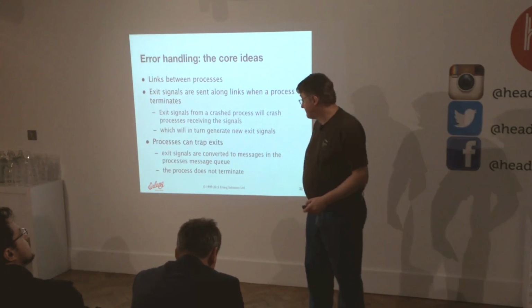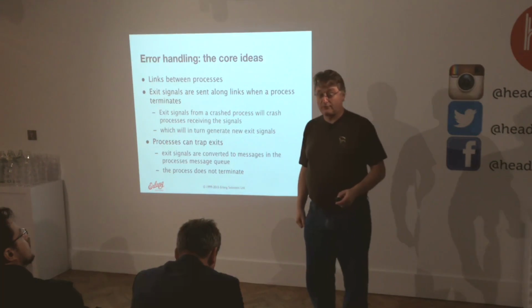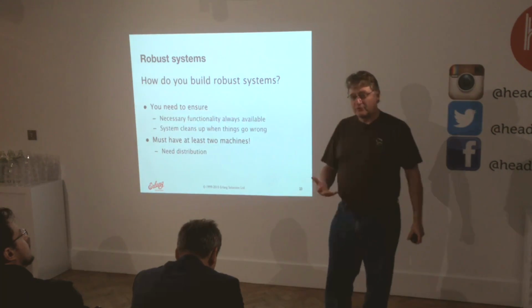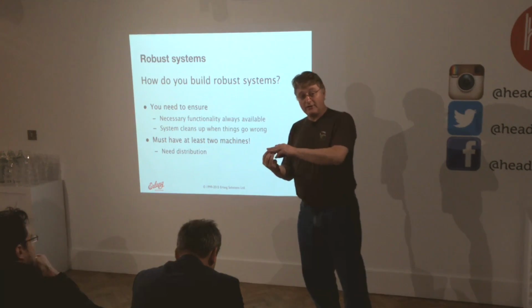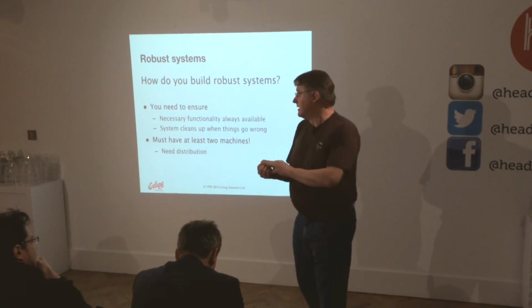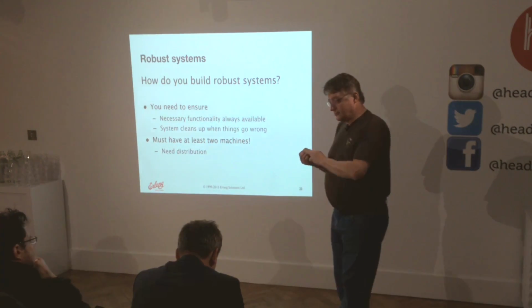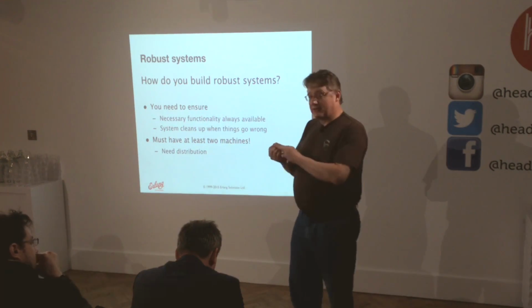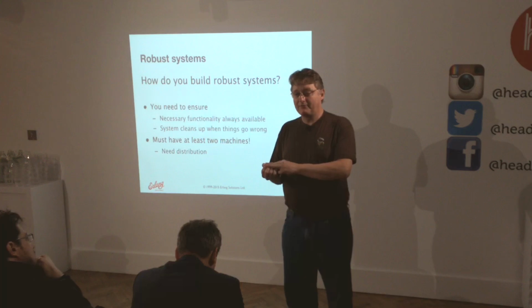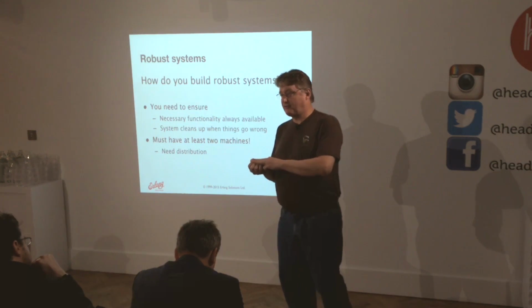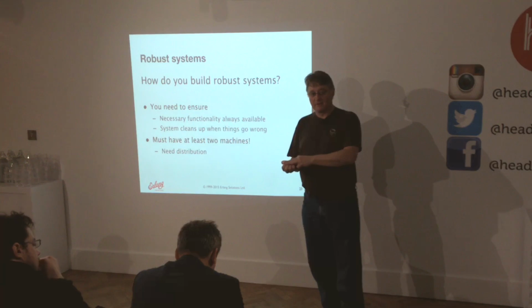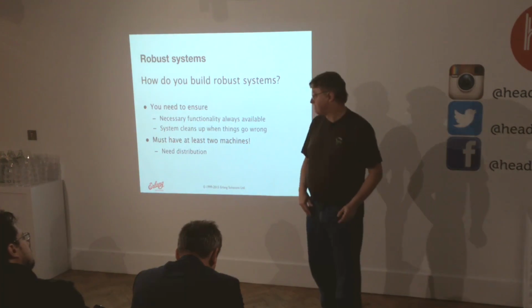And yes, strange enough, it works, right? So how do you use this? How do you build robust systems? We had these three basic ideas, but how do you actually use them? There are at least two things you need to do if you're going to build a truly robust system. Some functionality must always be available. You will have a set of services that have to be accessible, have to be there for you to be able to say the system is running. If I can't do that, it's not running, right?